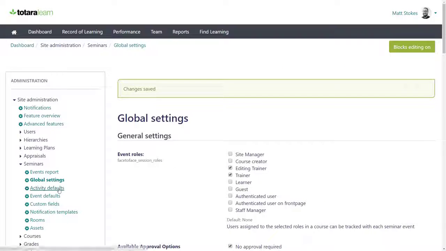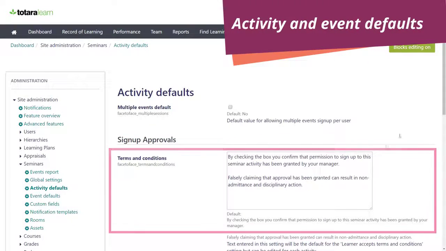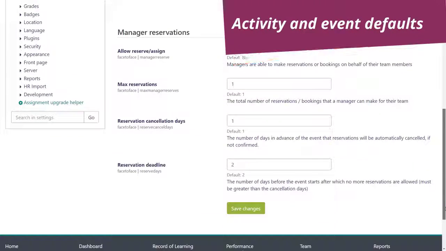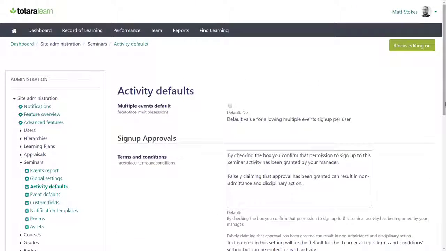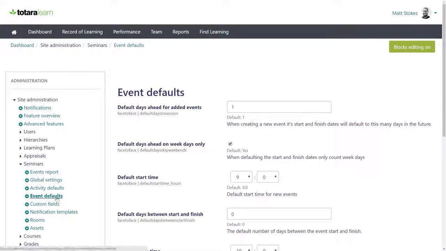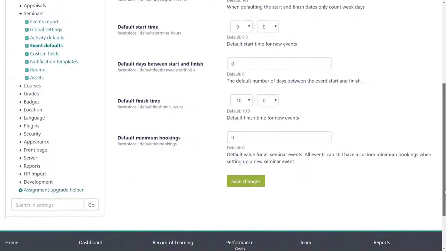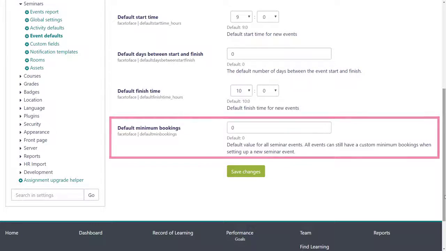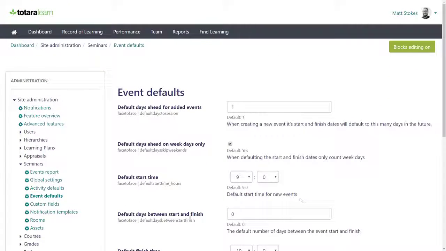You can also set some default settings for seminar activities, such as the terms and conditions text and how manager reservations are handled. Similarly, you can set defaults for your seminar events, such as a default start and finish time and the minimum number of bookings required. We'll leave custom fields and notifications to another video and have a quick look at setting